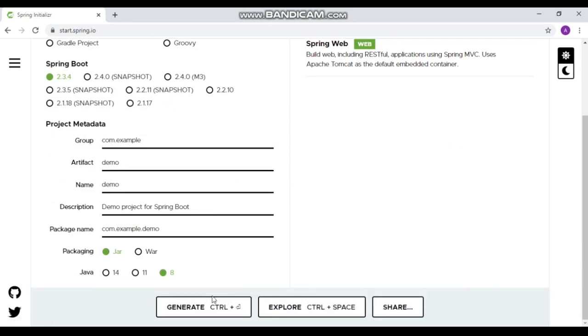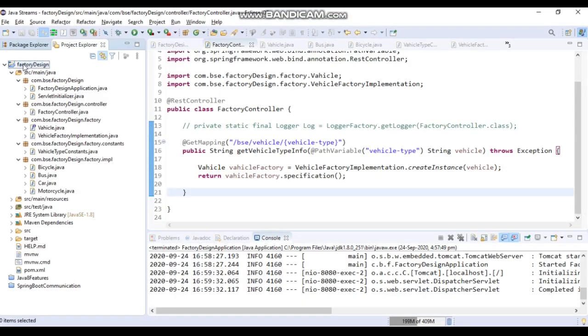I have already done that, and I have imported that project in my Eclipse. I will let you go through the complete project, and I will explain each and every part of the project and the use of every class. So let's start from the beginning.